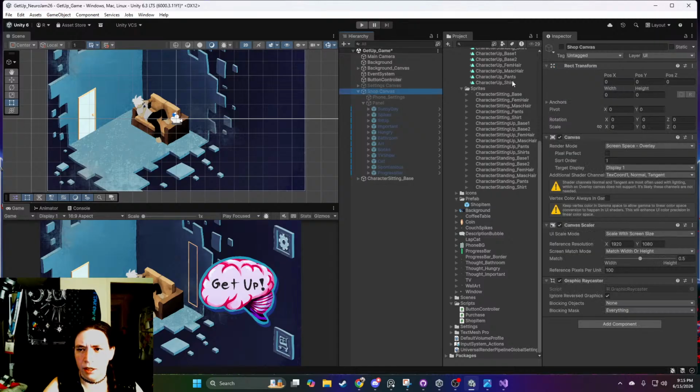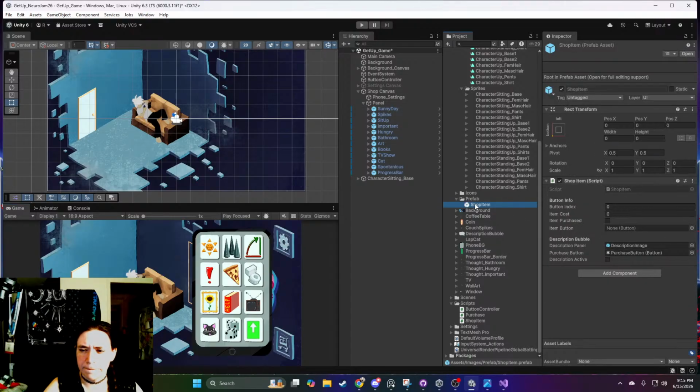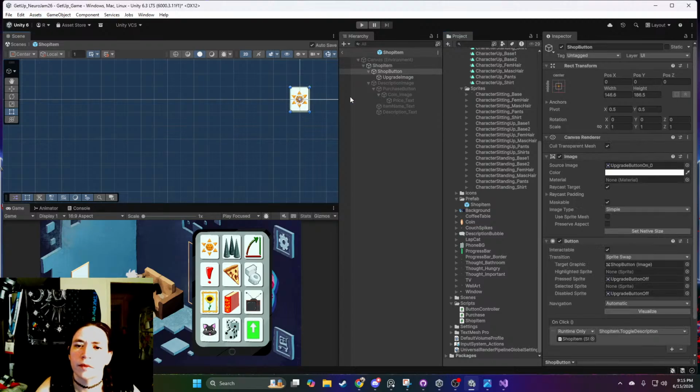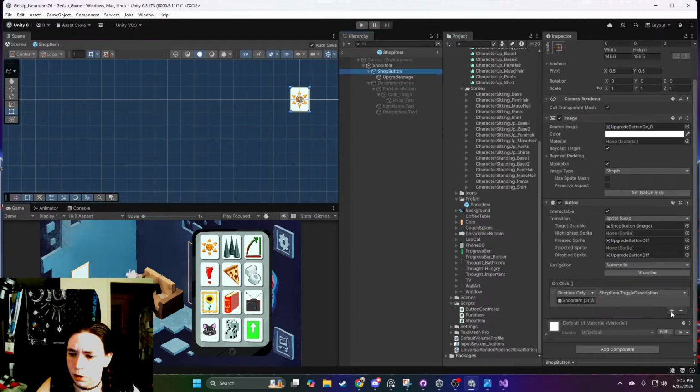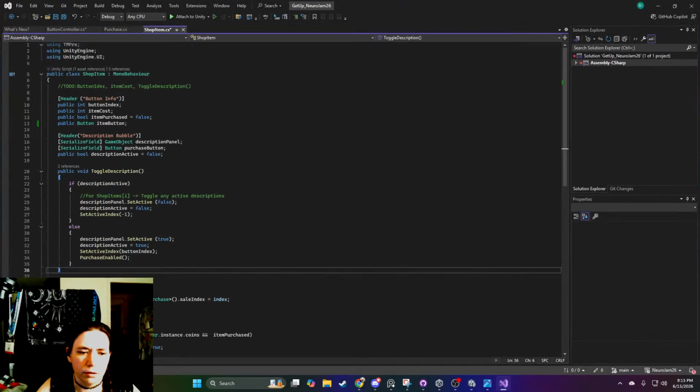So say I grab, let's open this up. Let's look at the shop button. And then on click, add the functionality of